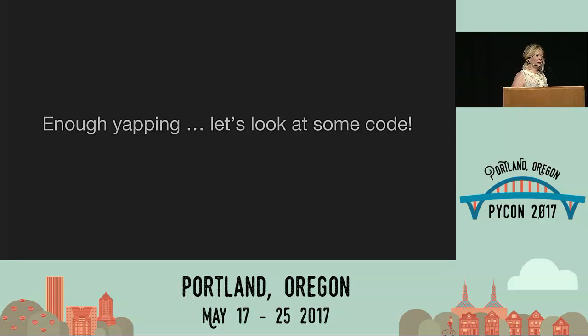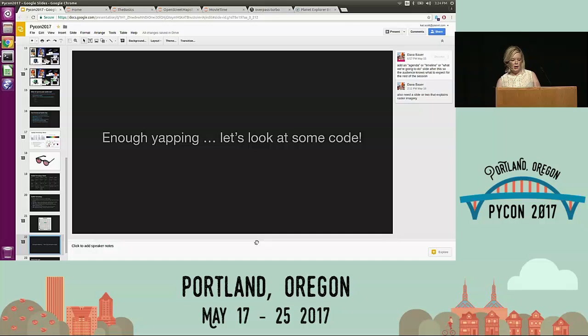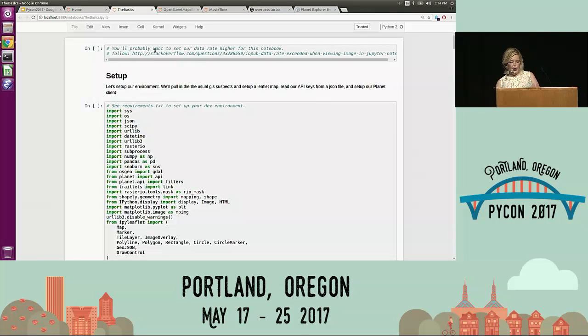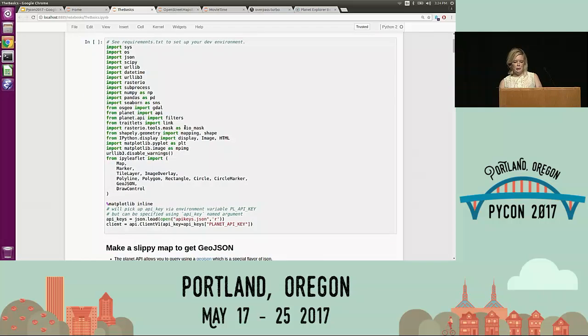Okay, so I'm yapping. This is just a presentation. Who wants to write code? Let's write some code. All right, so I have 3 Jupyter notebooks. We're going to go through them really, really quick. The first one here, I'm calling the basics. And if I gloss over this, remember that you can go and look at this as soon as you get home. So what I'm going to do in this Jupyter notebook is